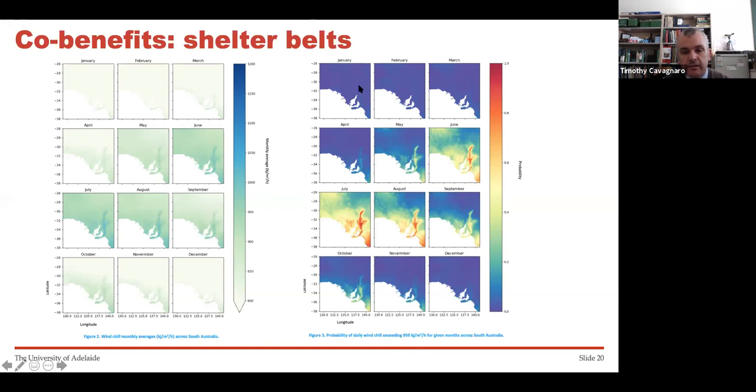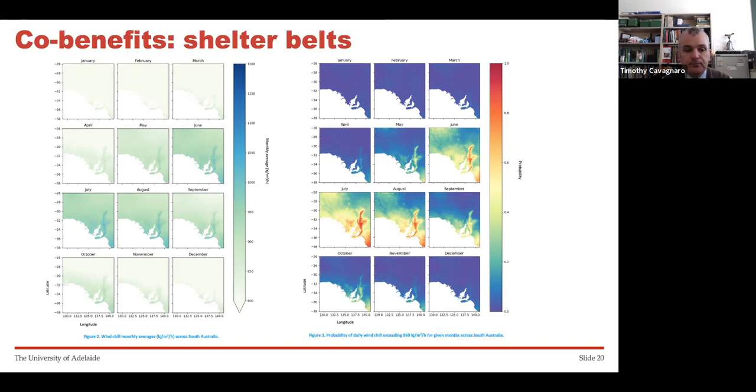Where it's a light blue color, say here in January, you're not going to have a very high probability of that occurring. And as you'd kind of predict, if we look in July, we're going to have higher wind chills, and the cooler parts of the state tend to have greater higher wind chills. So in the Mount Lofty Ranges, up in the mid-north, down in the southeast, and on Kangaroo Island as well. Okay, so now we know where and when it's likely to be chilly, and that's likely to be a problem